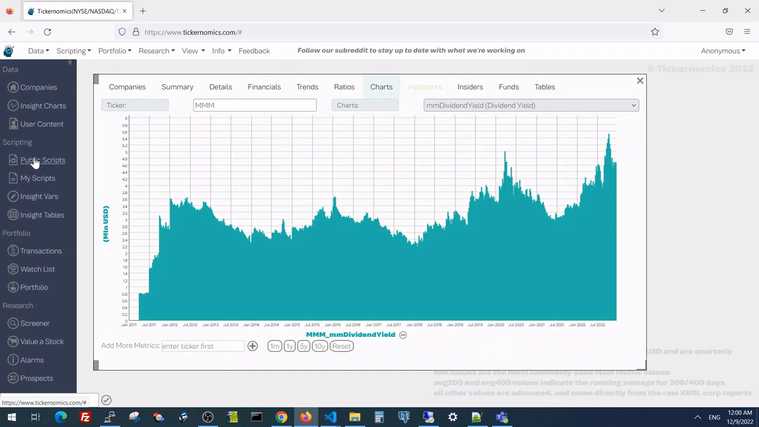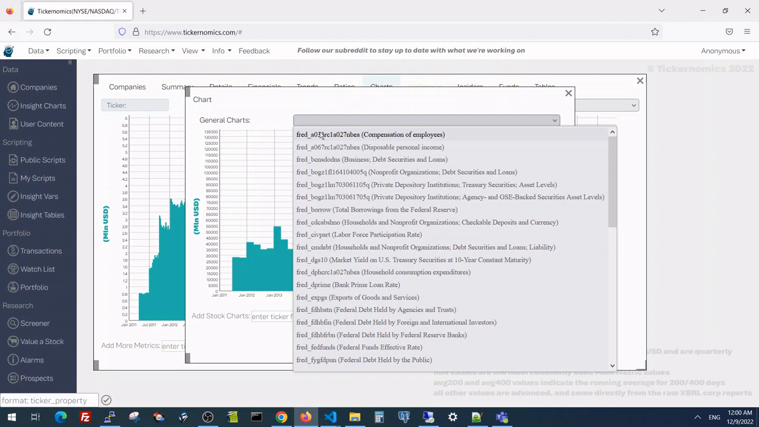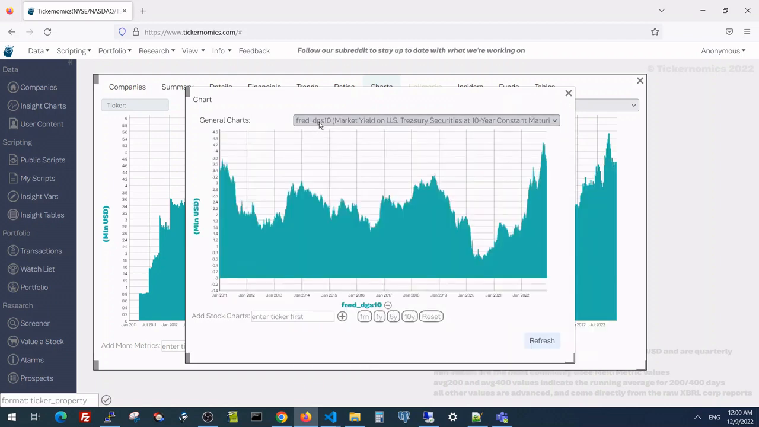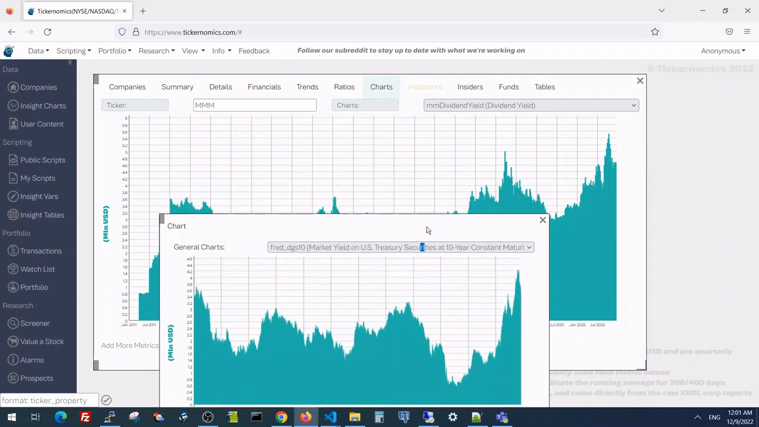So you can access those inside charts. Here you have all the Federal Reserve metrics. They have special coding, and 10-year bonds have this DGS10. I think these codes come from the Federal Reserve itself. So these are the yields for 10 years, and of course we can draw and compare the charts,